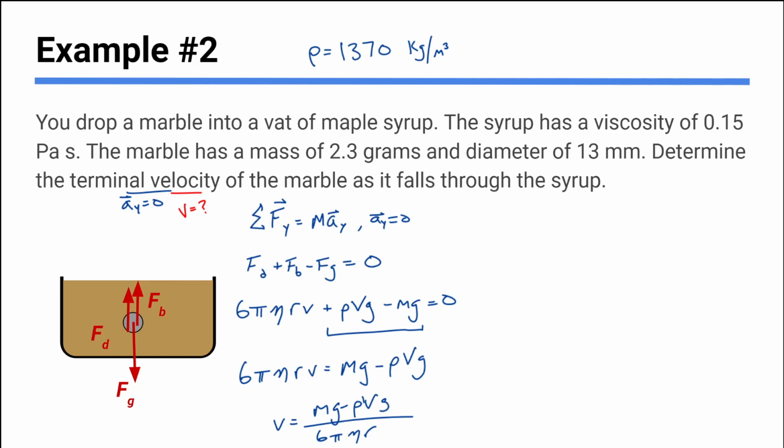The only thing we're really going to need is the volume of the sphere and deal with the radius thing. Okay. And units. We should probably put units here to make sure we're being okay. All right. 2.3 grams is the mass, but I want that in kilograms. So I'm going to call that 0.0023 kilograms. And then I multiply by 9.8 meters per second squared. And I subtract the density of maple syrup, 1370 kilograms per cubic meter, times